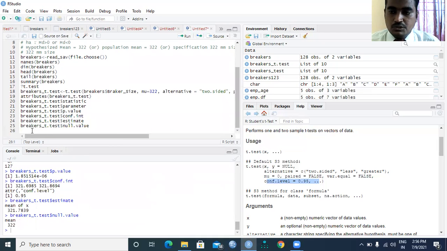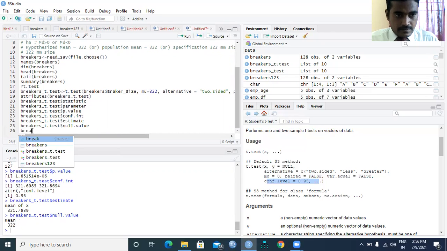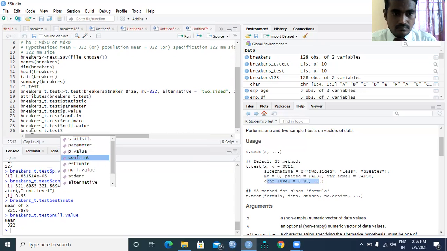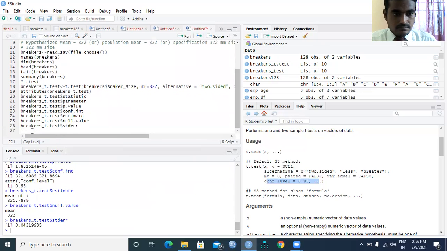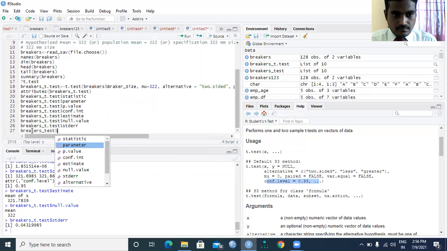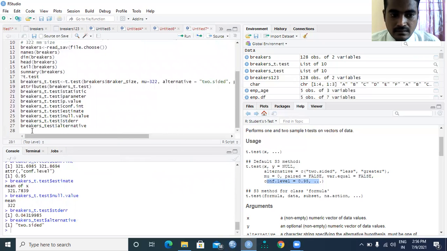So this 322 is my hypothesized mean or population mean. The standard error value is 0.04319985. And the type of hypothesis is the alternative hypothesis, two-sided.